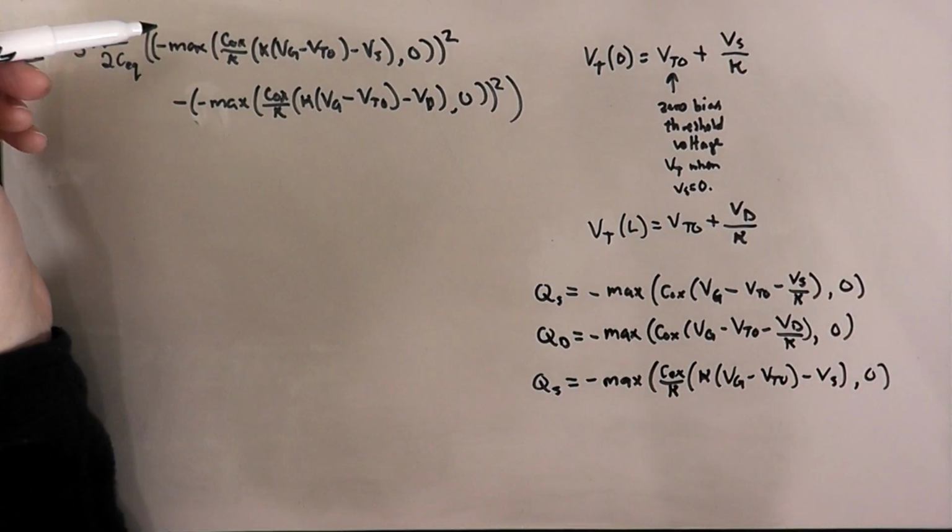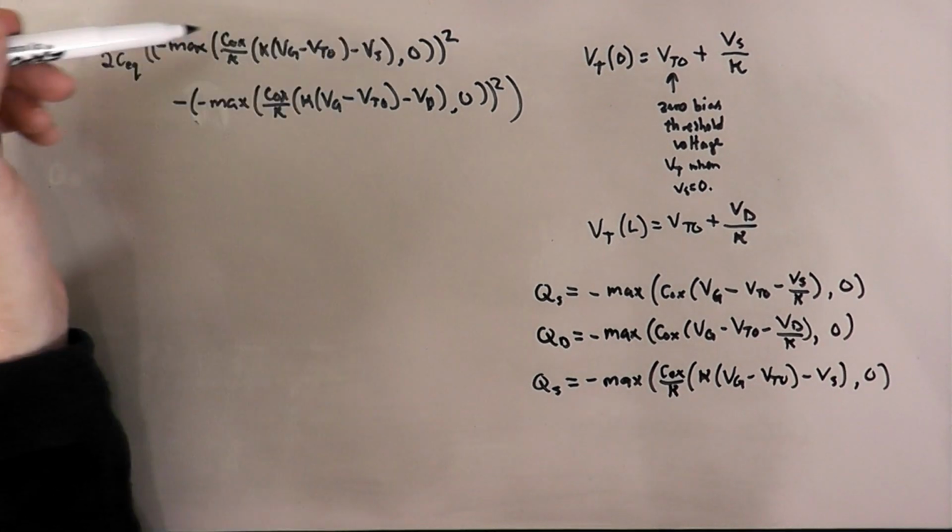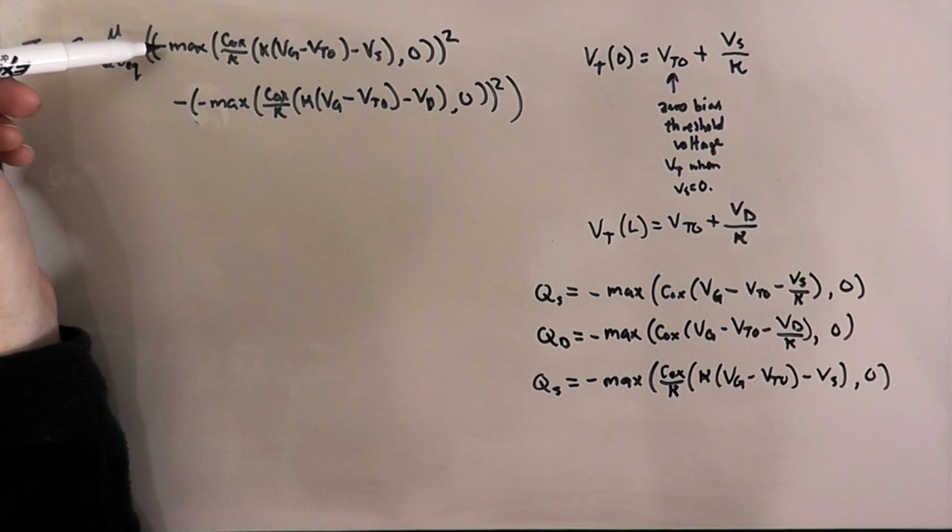Okay, so obviously if we square this thing with a minus sign in it, the minus sign goes away,